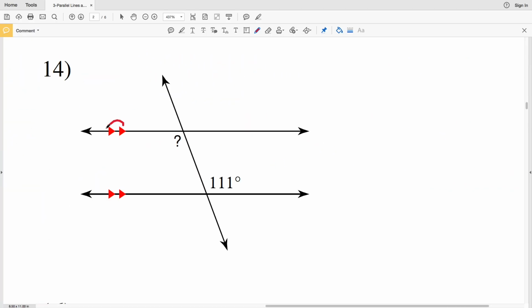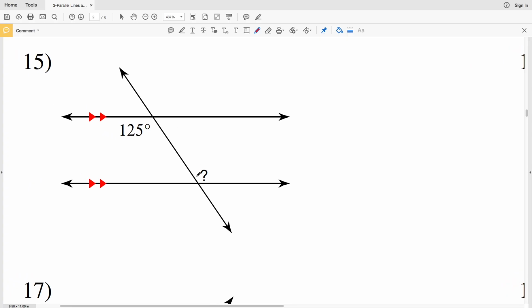In number 14, we know that the intersected lines are parallel, and the indicated angle forms an alternate interior angle with 111 degrees. Therefore, the indicated angle also measures 111 degrees. In number 15, the indicated angle and 125 degrees are on opposite sides of the transversal. However, they are both interior to the intersected lines. Therefore, they are alternate interior angles. And because the intersected lines are parallel, the indicated angle is going to be equal to 125